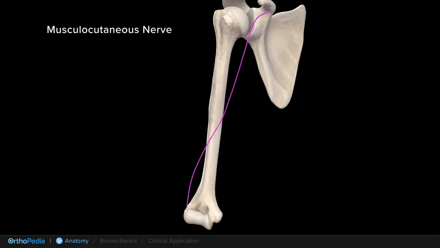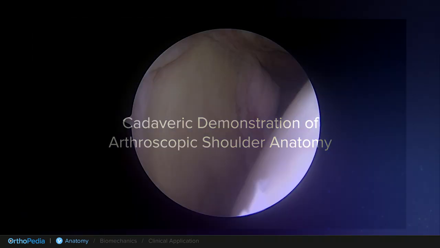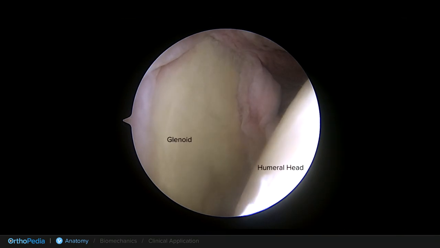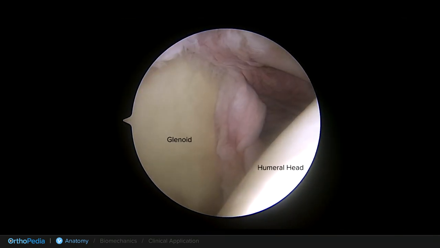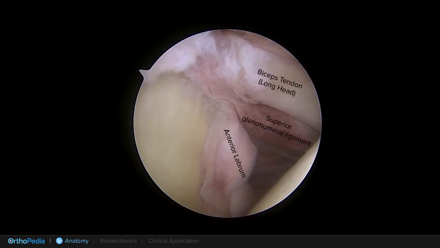In this cadaveric video, we again have the right shoulder of a patient in an upright beach chair position. Viewing from the posterior portal, the glenoid is on the left, and the humeral head on the right. Advancing the camera anteriorly, the long head of the biceps comes into view, as well as the anterior labrum and